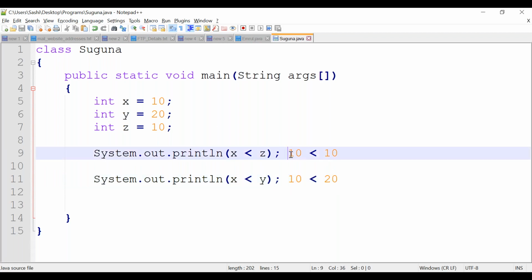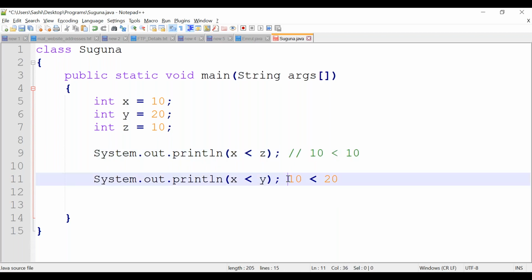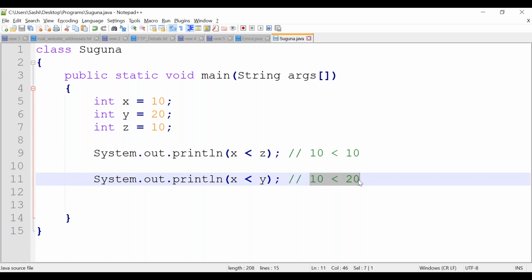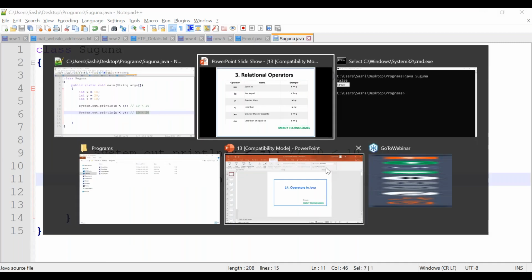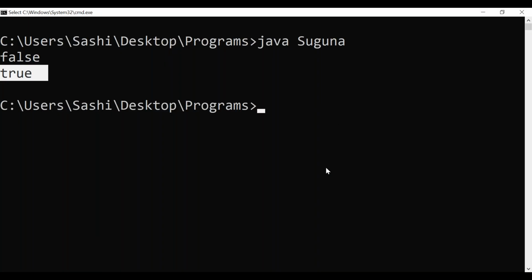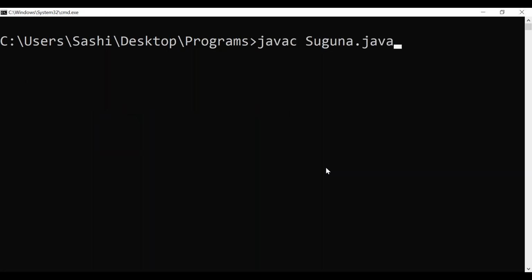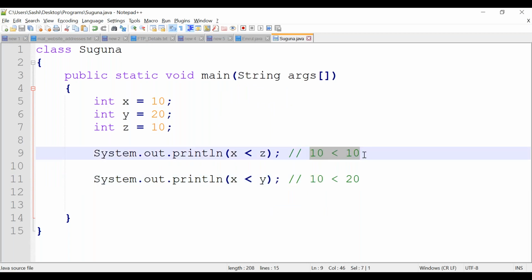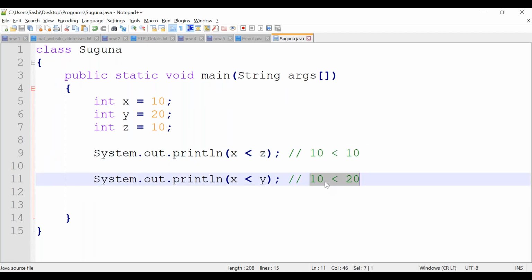The second condition is true, right? X is not less than 10, so it should return false, whereas x is less than y, so it should return true. Let's recompile and rerun it. See here, the first one is false because 10 is not less than 10. The second one is true because 10 is less than 20.